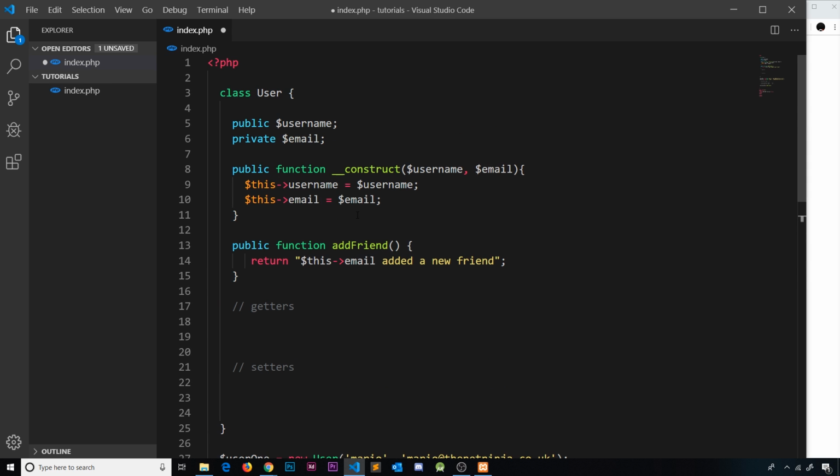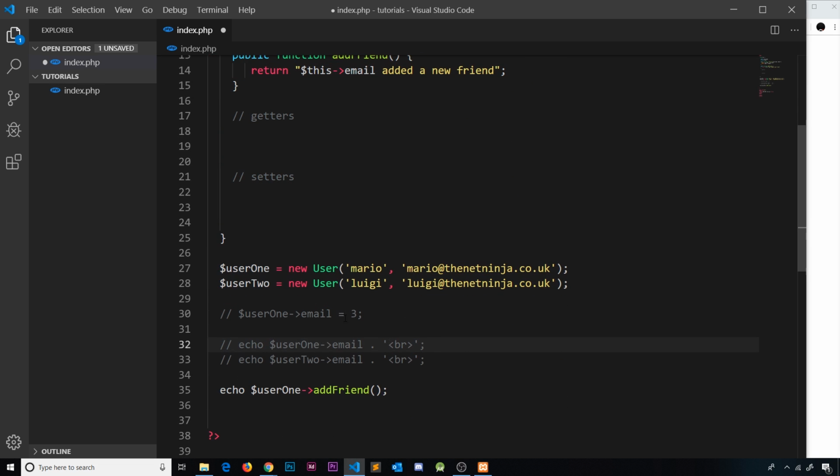So what we did is we stuck the private access modifier in front of the email, meaning now this property can only be accessed internally inside the class itself and not outside it. So we can't do this anymore and update it outside the class, which is good. However, it means that we can't access that property at all outside the class, even just to echo a value